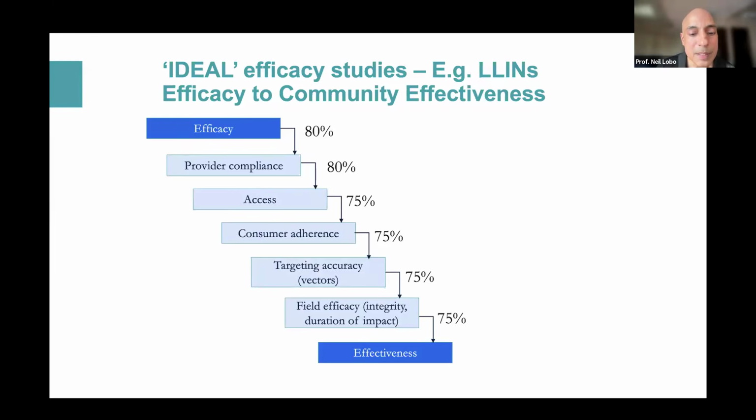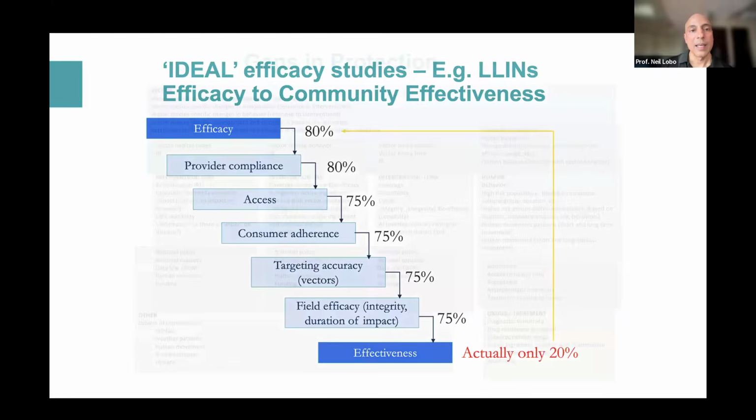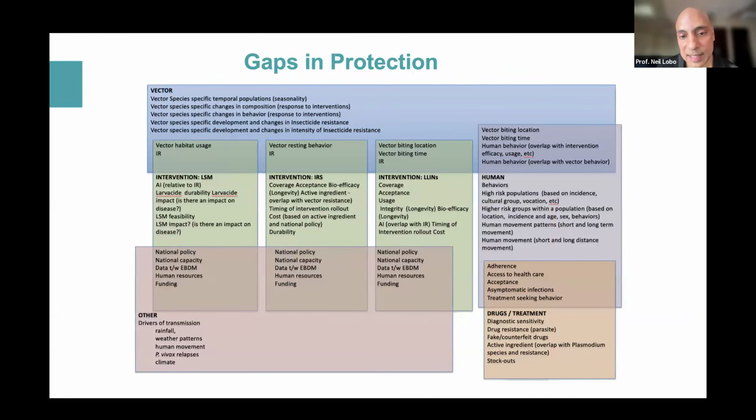Our effectiveness is different from efficacy. Efficacy is under controlled systems. Effectiveness is when we implement the intervention in real-world settings. What we find is, over time, the effectiveness might actually only be 20%. And that's unfortunate, but that is unfortunately very real. So when we look at efficacy versus effectiveness, it's important to understand all these things in the middle that actually impact how our intervention functions, how our strategy functions. This is just using bed nets as an example. It's from 80% to 20%. And please do not try to memorize this slide. I put this just to make myself think through things.